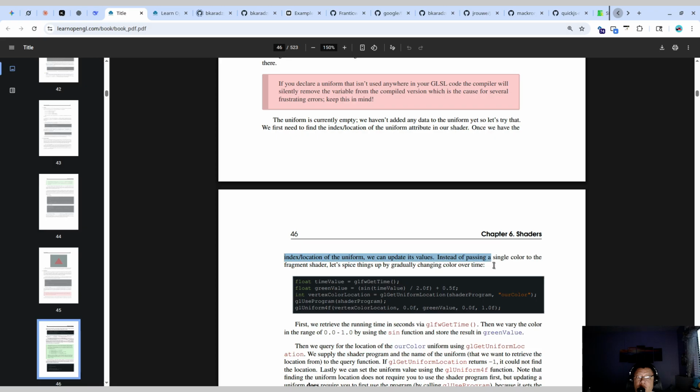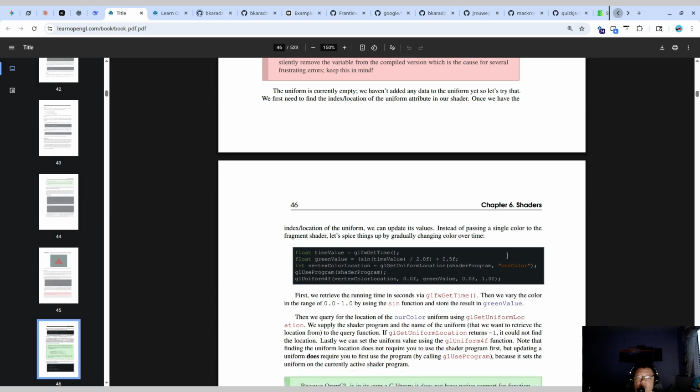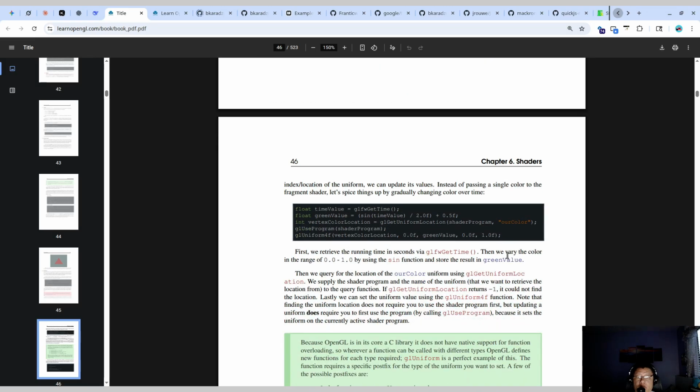The uniform is currently empty. We haven't added any data to the uniform yet, so let's try that. We first need to find the index/location of the uniform attribute in our shader. Once we have the index/location of the uniform, we can update its values. Instead of passing a single color to the fragment shader, let's spice things up by gradually changing color over time. Okay, so